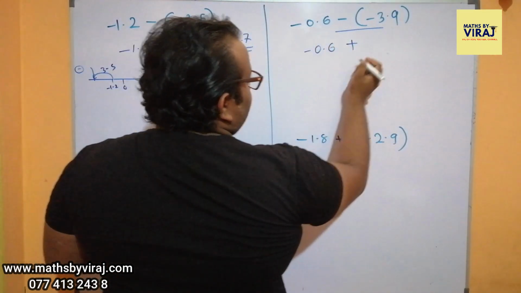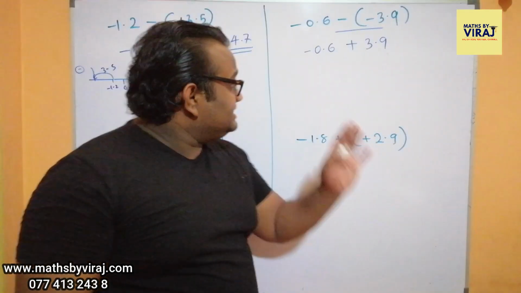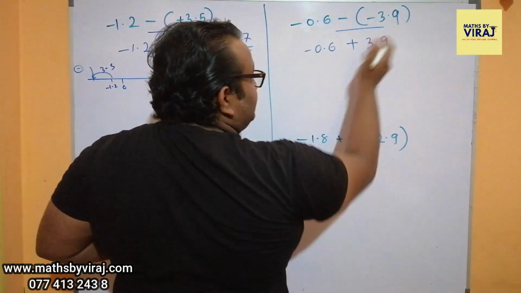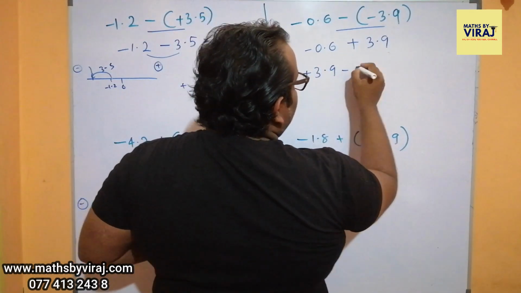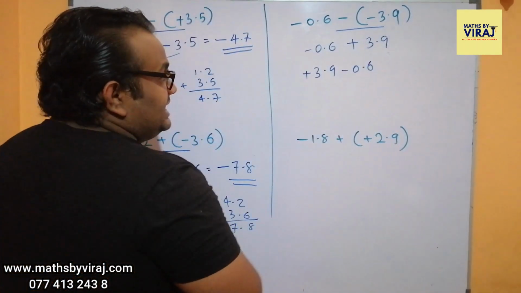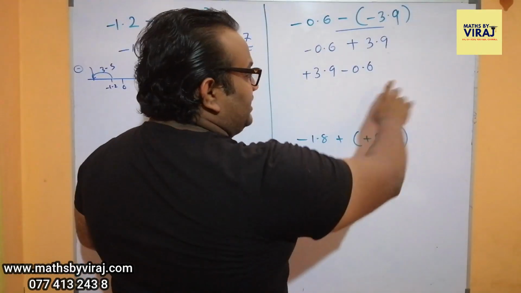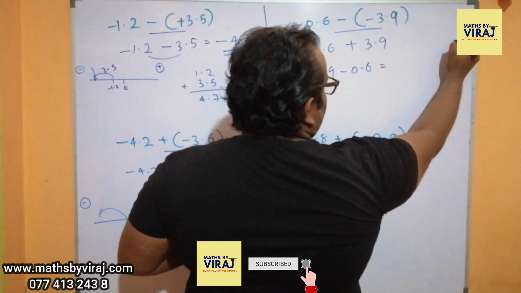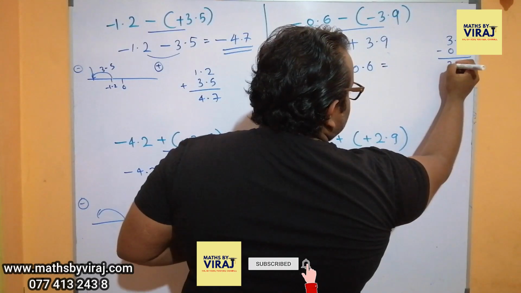Minus 0.6 plus 3.9. Now, this does not need any number line. You can just write this as 3.9 minus 0.6. Just interchanging the numbers does not make any difference to the sign. Therefore, what is the answer now? 3.9 minus 0.6. The answer is